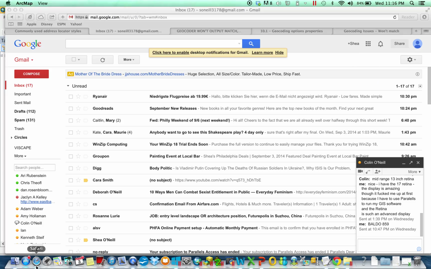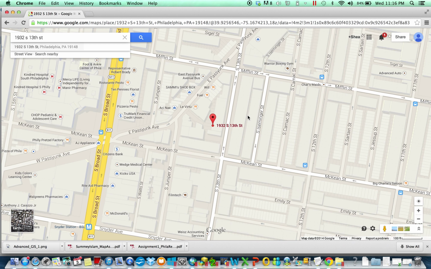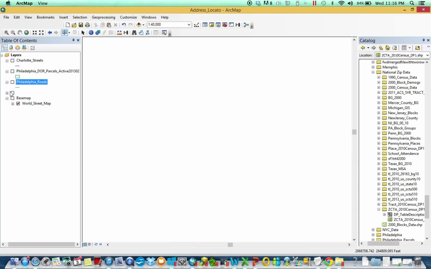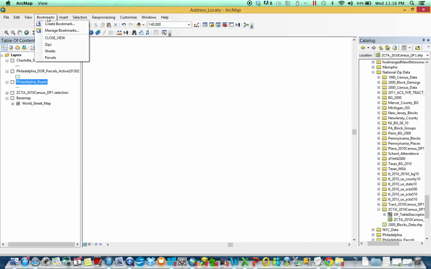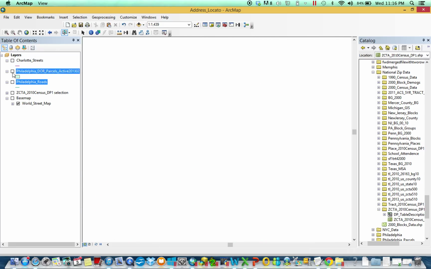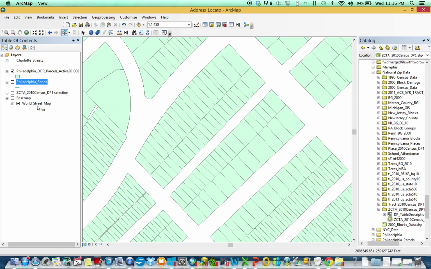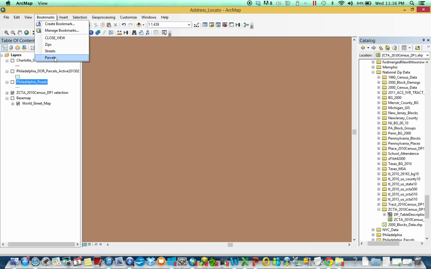Similar to Google, where I could search a zip code or a state or a city or a point-based address, you can do the same thing in ArcGIS. An address could be a zip code. You could get your address information from streets. Or you could even get your address information from parcels. So let's examine all three. It's zip codes. If I zoom back out,